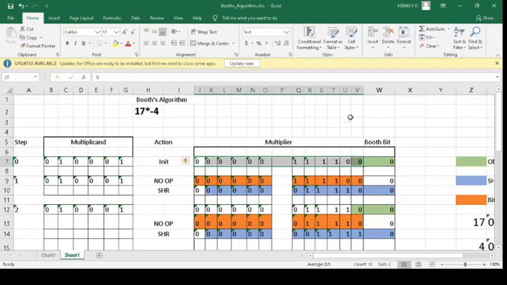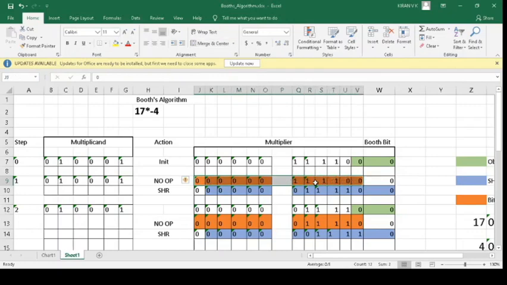As it is a no operation in this step, we will copy this entire sequence of bits as such to the next phase. See, these two bit sequences are exactly the same, and the Booth bit should also be copied down. Then, as I told you about the general nature of Booth's algorithm, each iteration ends with a shift right operation. So which bits should you shift? You should shift only the multiplier bits, and the shifting should be done into the Booth bit field.